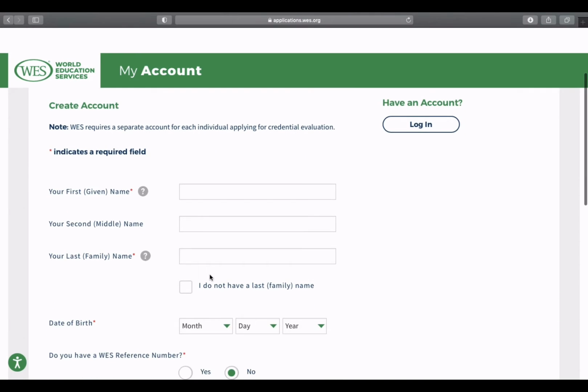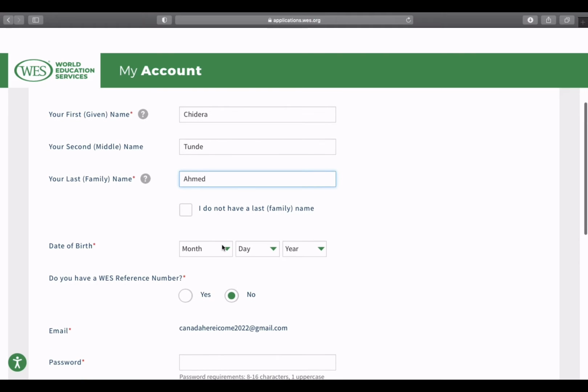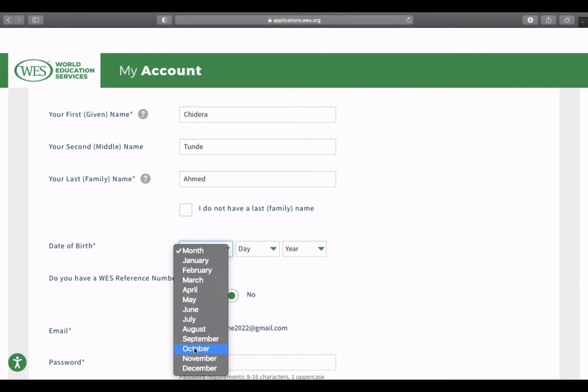Then you come here to create an account. You don't have an account obviously, so we're trying to create one. If you do have an account, you can just say login. So since we don't have an account, let's do your first name. You want to put your name the way it appears on your credentials. The last name, you want to put that. Then date of birth, you want to put